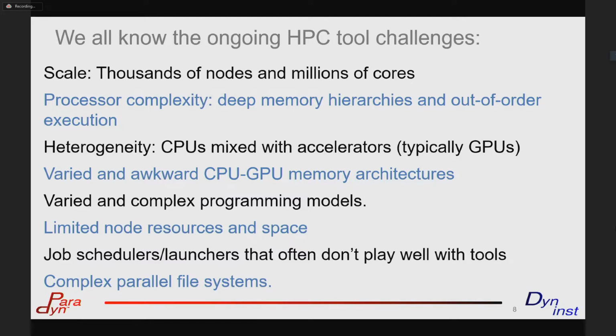We often have to live on the same nodes the program is running on, and so we end up fighting the application for buffer space and processes on the nodes to collect data and things like that. That makes life more interesting. Launching your tools in environments where you're not arbitrarily running on a node, but you have to live side by side with an application and a job launcher, that's fun. And often our only place for storage is the parallel file system, which often has funny semantics. None of that should be surprising to anybody in the tool business.